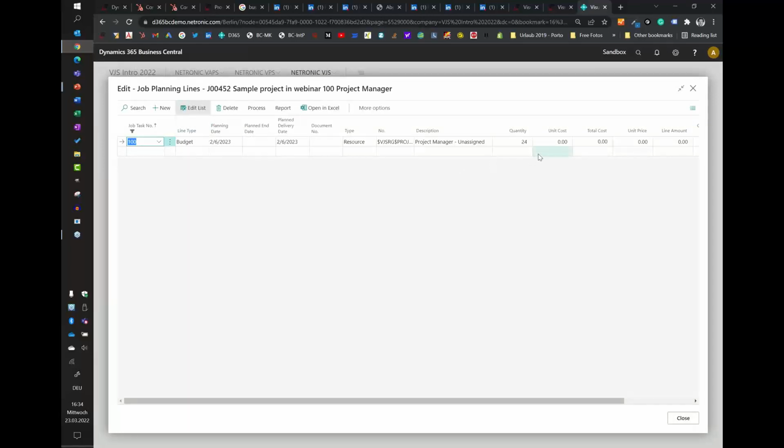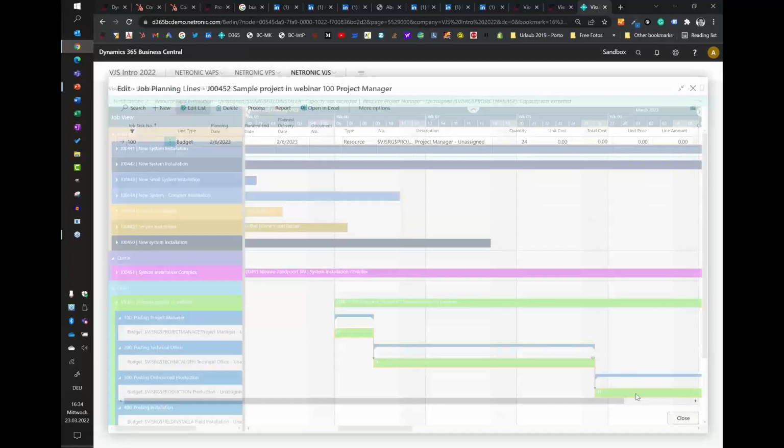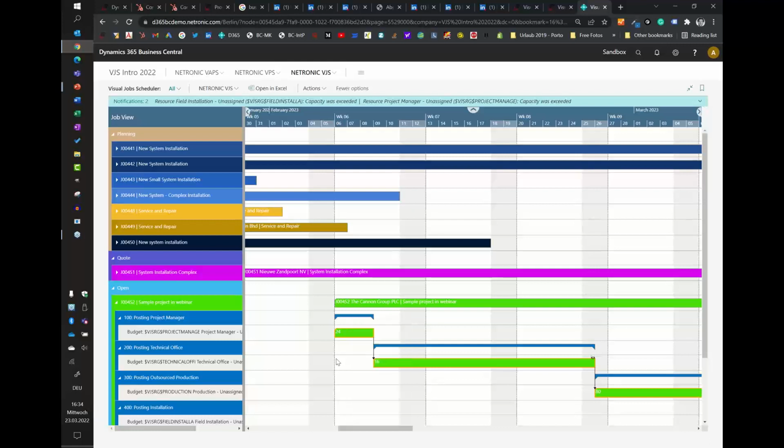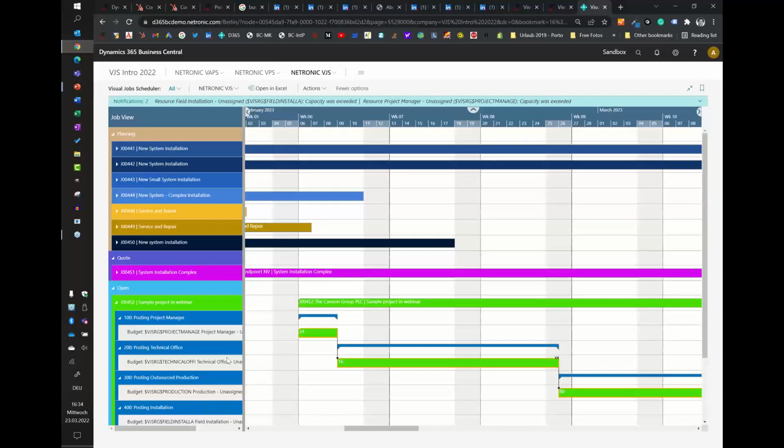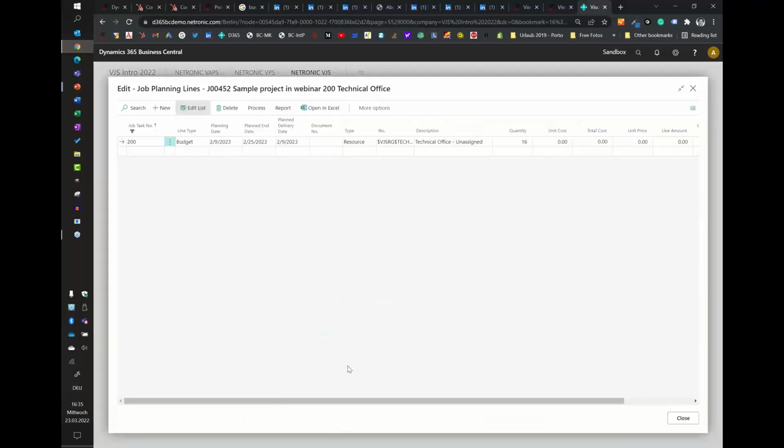On the 6th of February, we need 24 hours, so it got changed by me saying right mouse click, change quantity. Now one thing, if you look closely, we have here a bar that says I need a project manager for 24 hours, and it spans 3 days because we have the base calendar of 8 hours a day. If we look at this job planning line, it actually spans across a longer period of time, and it's only 16 hours. So if I look at this here, it is on that day